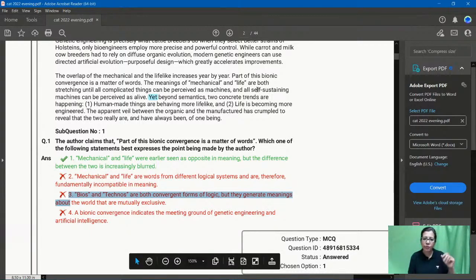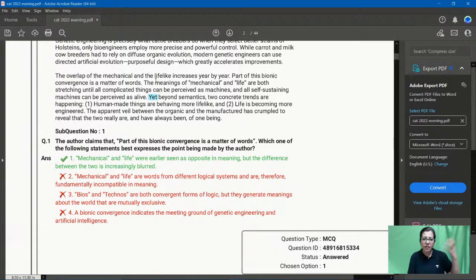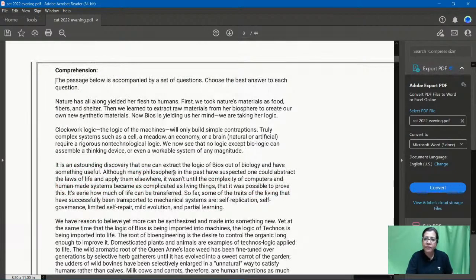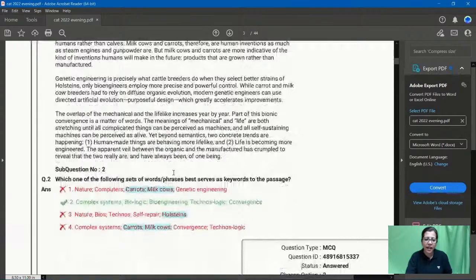कि पहले वो जो यहाँ पे पैराग्राफ में आया ना, yet, this word over here, yet. So this is what exactly is saying कि words में खींच रहे हैं, but it's becoming increasingly blurred and both the sections are overlapping. So that is why this question 1 was very easy. I would give it 5 on 5 if you're asking me the doability. Question 2 was again very easy. We are done with this.